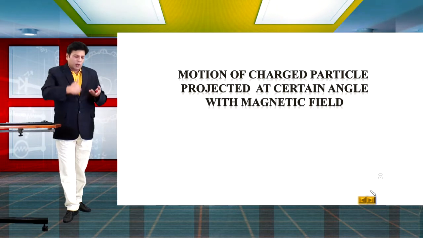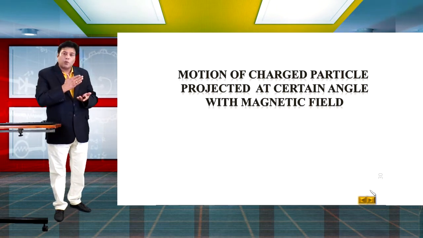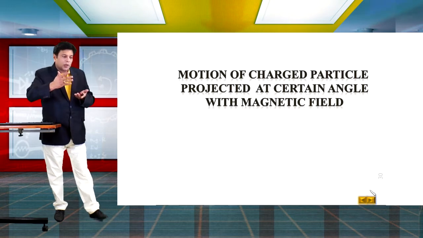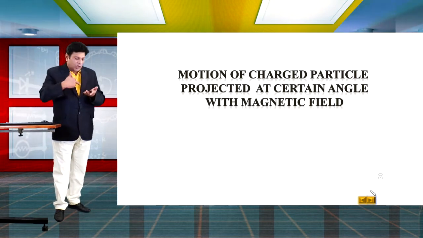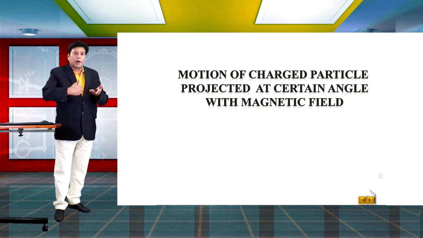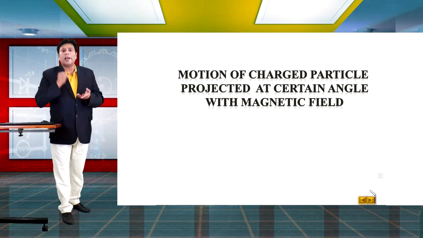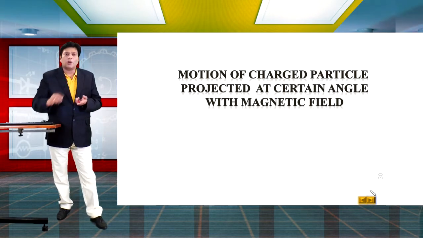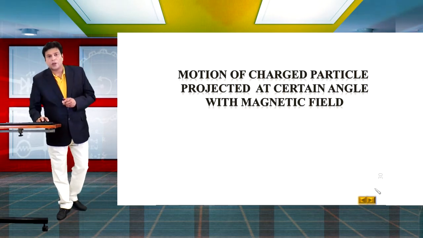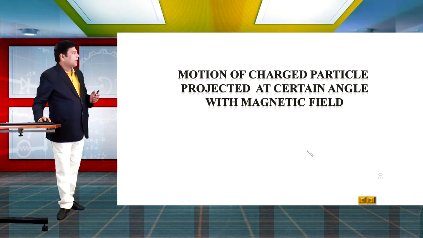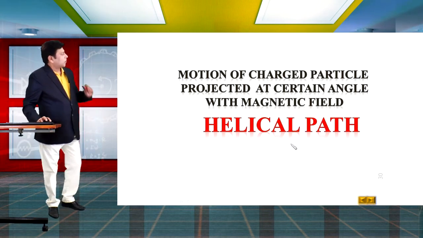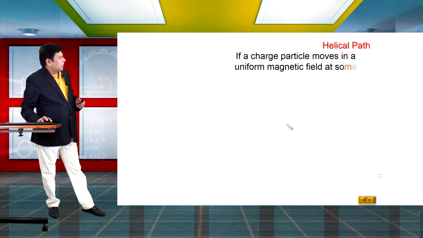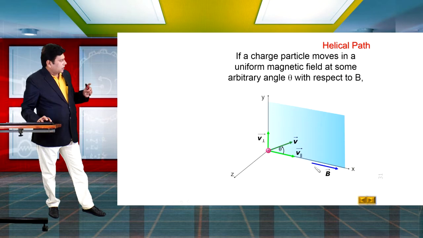While moving in the circular motion, the charged particle has one more component, that is, velocity parallel to the magnetic field. Because of this component, the charged particle will not move in a circular path. The path of the charged particle will be helical, and this helical path is about the direction of the magnetic field vector. So let us learn about the helical path. Let us make a figure diagram here, for this situation.